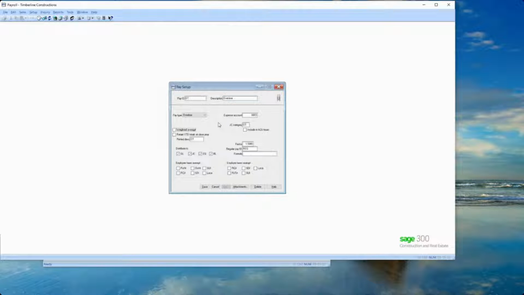So if you have vacation pay or sick pay accruals that you're going to pay your employees, I always like to send those costs to job cost as they're earned rather than as they're taken, so that the job actually gets burdened with each entry as it's earned rather than just as it's paid.